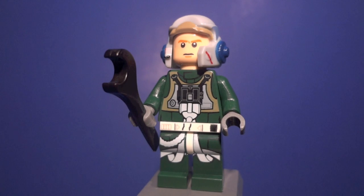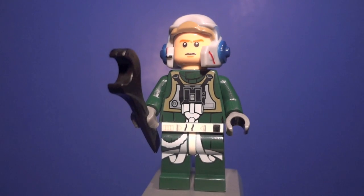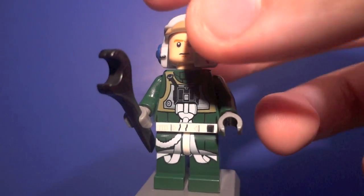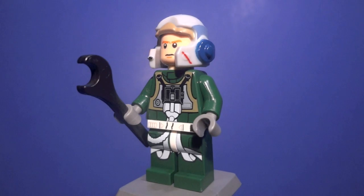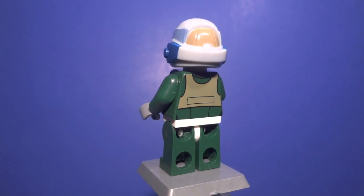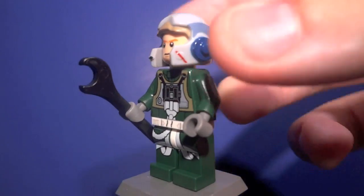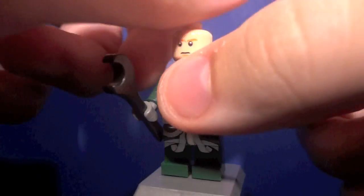Now we have easily the highlight of the set, and this is the A-Wing Pilot, because he has just an immense amount of detailing with all of the printing on his torso, belt, and of course printed legs. Gotta love LEGO for stepping it up with the legs that these figures come with, because now just about a majority of them are printed, which is always great. And then he has some rather simple printing on the back, but it does definitely continue the awesomeness that is shown here on the front. And he does feature a double-sided face,